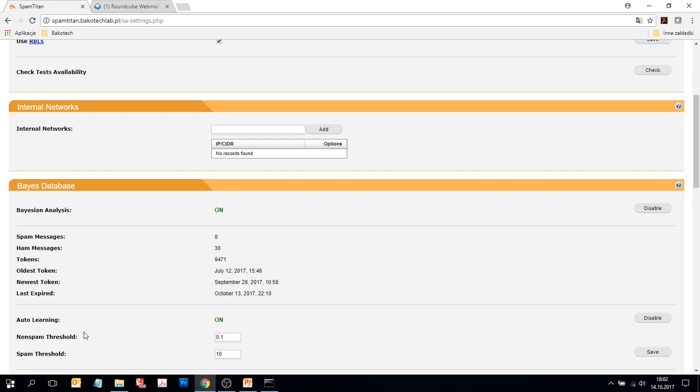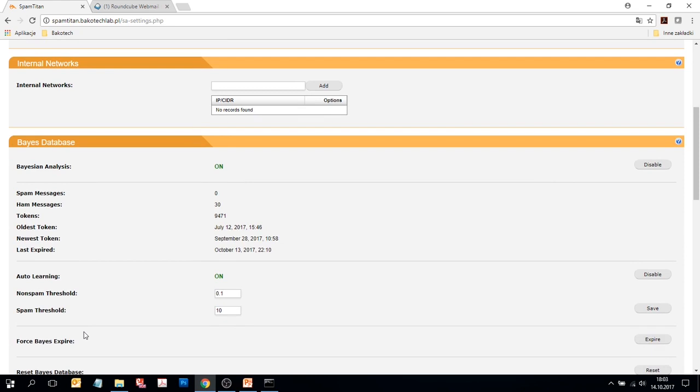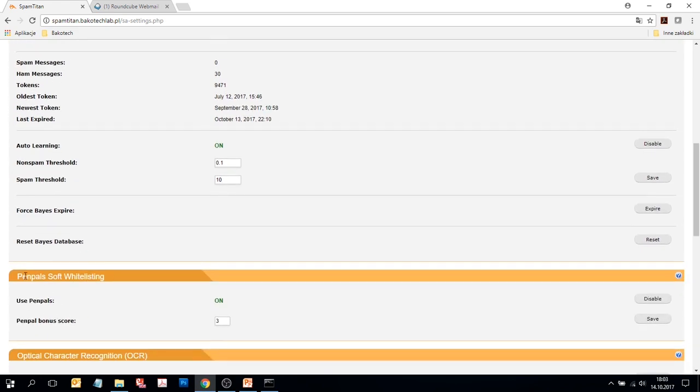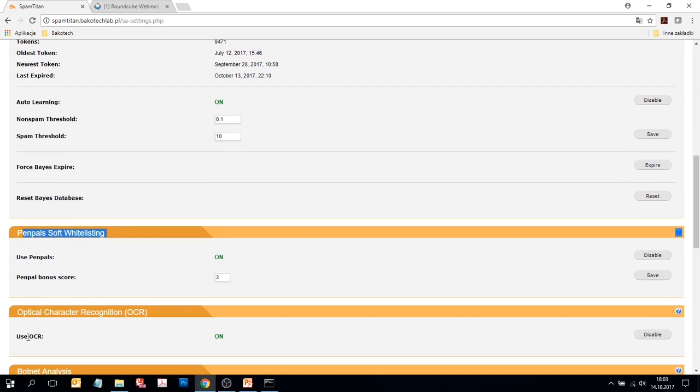If you want to lower the spam score of received replies to a message previously sent by a local user, just turn on Pen Pals. If you are getting hit hard by image-based spam, you can decide to enable OCR, but remember that it can be quite CPU intensive. In many cases, you may want to delegate some part of the work to other administrators,